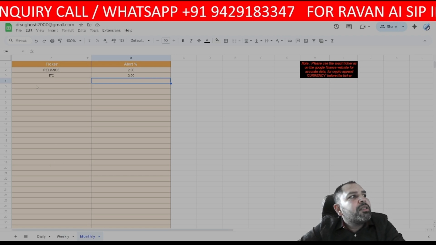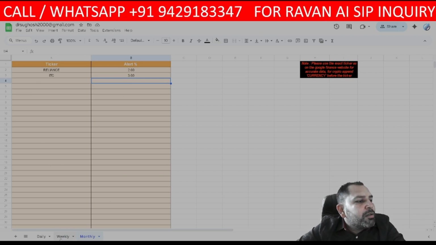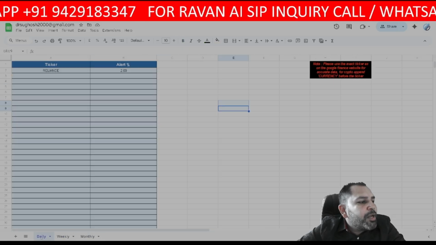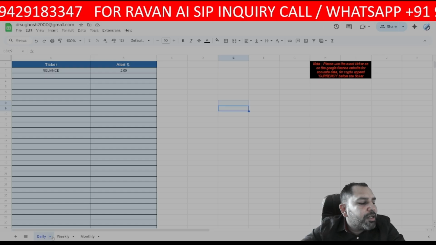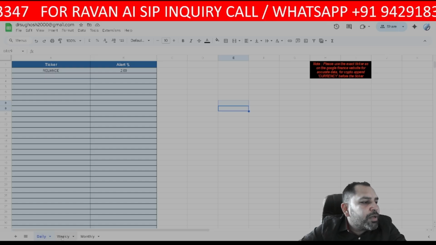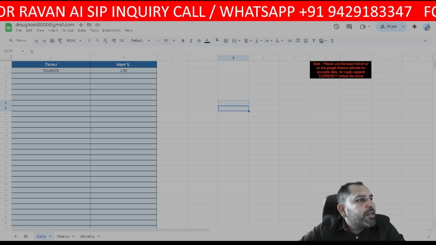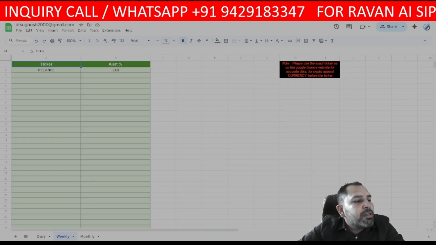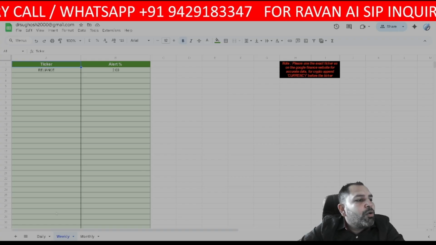Once you add this ticker and the alert, and this is the daily, monthly and weekly sheet, based on whether you are a positional trader or want swing trading, you can fill the daily tickers and the percentage as per your analysis. Weekly, accordingly the same. So I hope everything is clear.